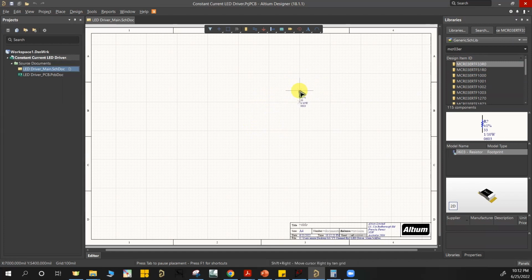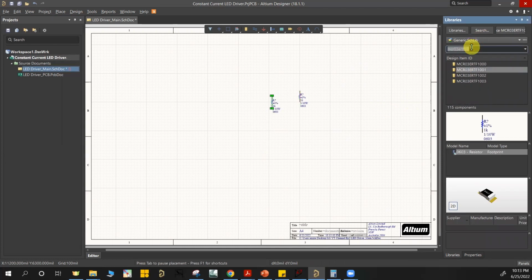So you just left click on your mouse and place it. Again, you can place as many as you want. This is the first part. The other part is the 1 kilo ohm, and then our resistors for the current sensing as well as the base of the NPN. And I'm also gonna pick one input capacitor,